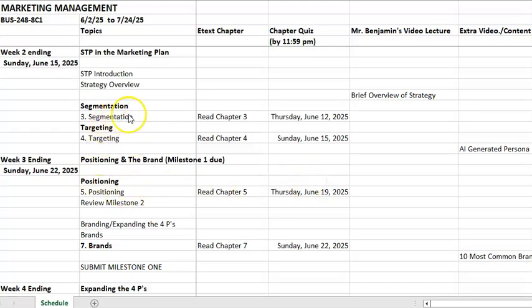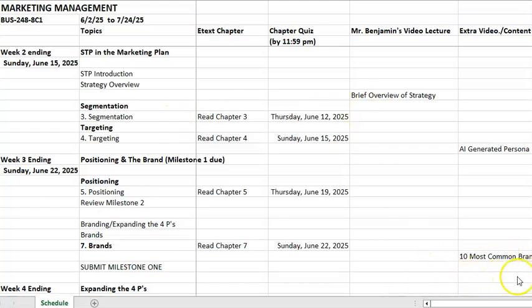And then we're going to cover Chapter 3 and Chapter 4 this week. I want you to take note of the dates, because this is the real cadence of the class, seeing as we have to do at least 2 chapters per week. Chapter 3 is due on Thursday the 12th at 11:59, and Chapter 4's quiz is due Sunday the 15th. That's when they're due. You can do them beforehand. You can do whatever pace you want. You just have to make sure they're done by then, okay?